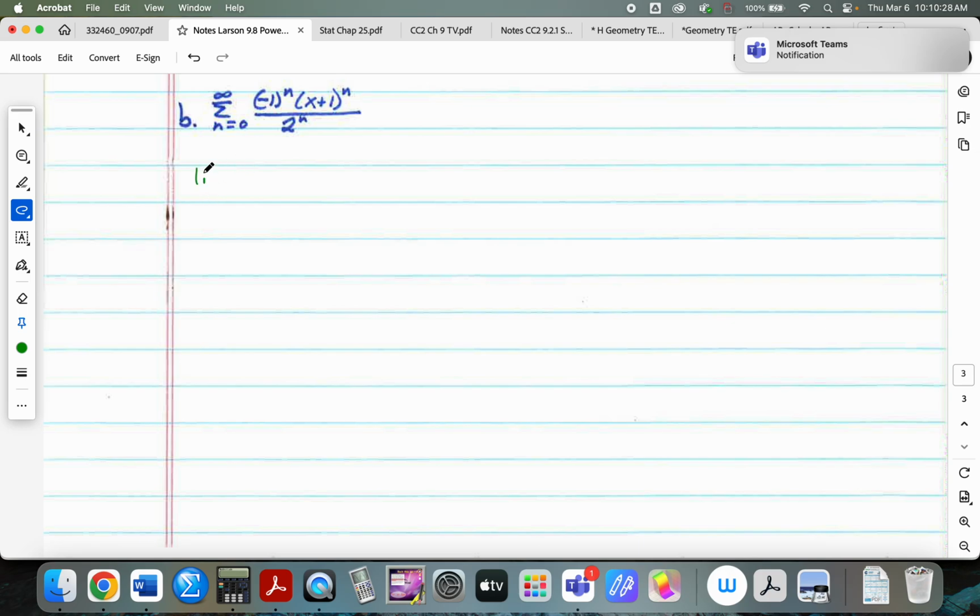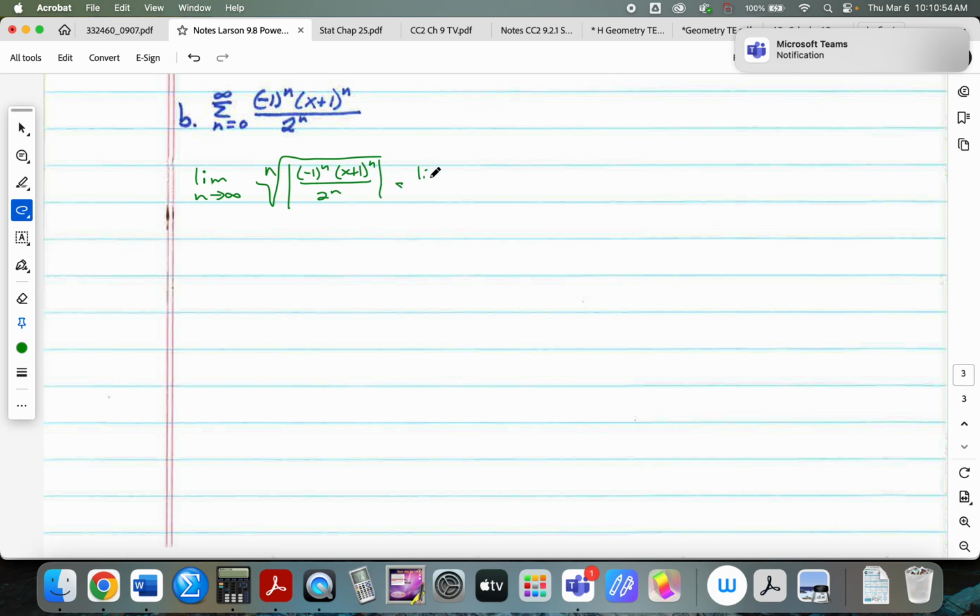So that'll be the limit as n goes to infinity of the nth root of the absolute value of negative 1 to the nth times x plus 1 to the nth over 2 to the nth,